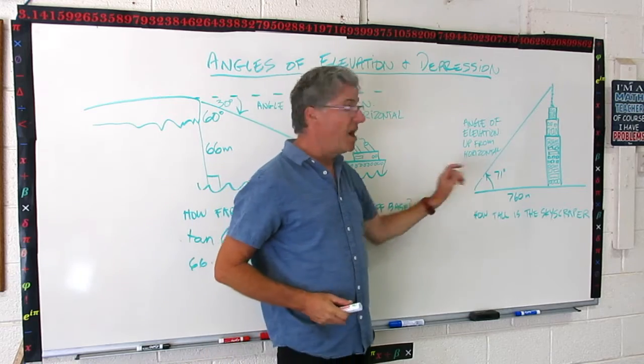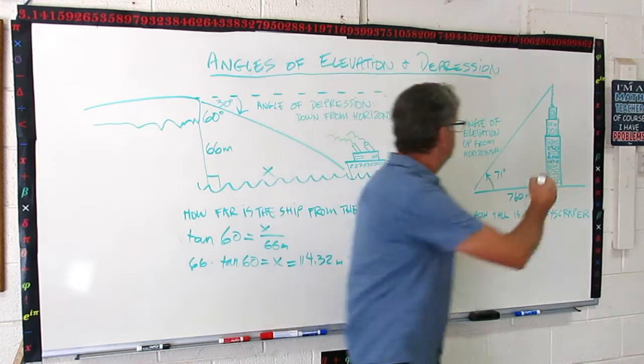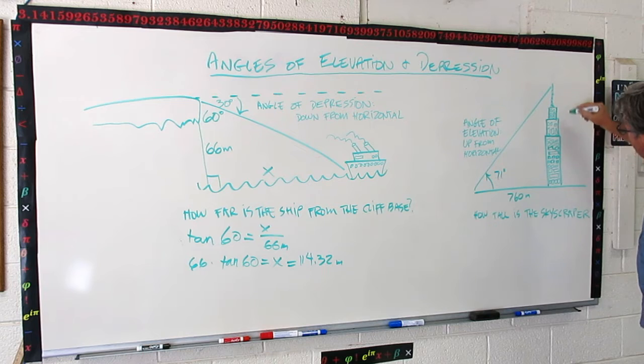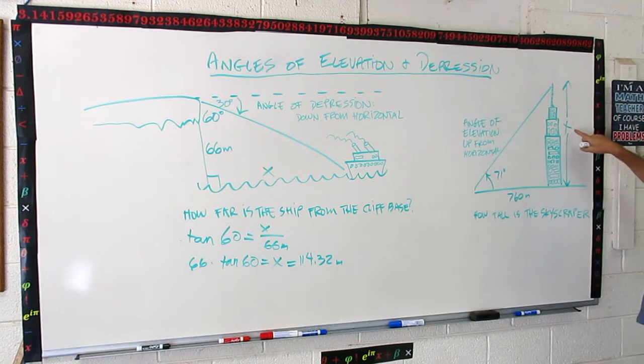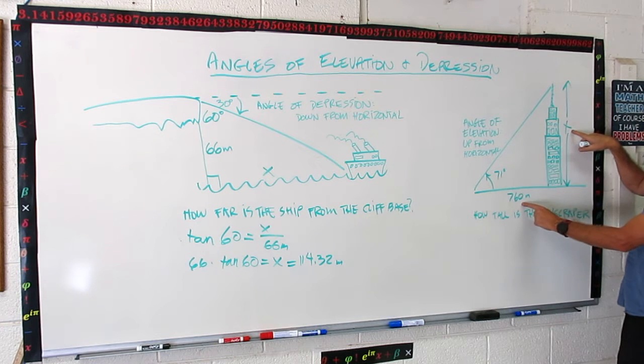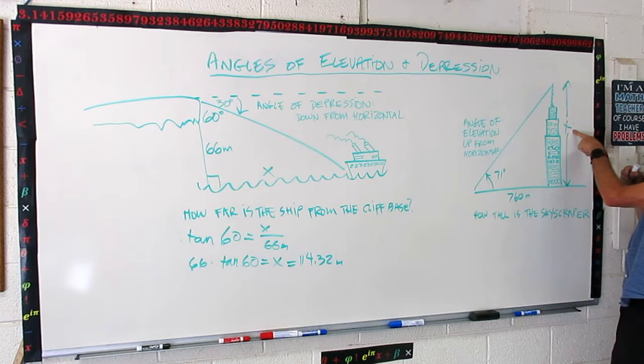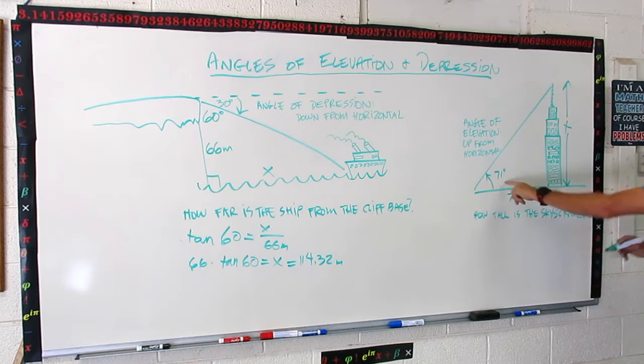Now this one is going to be another tangent problem. The skyscraper is x high. I'm just marking that on the diagram. So if that's x, I know this angle, I know this side, and I want this opposite side. So it's very similar to this problem. So what I'm going to do is do